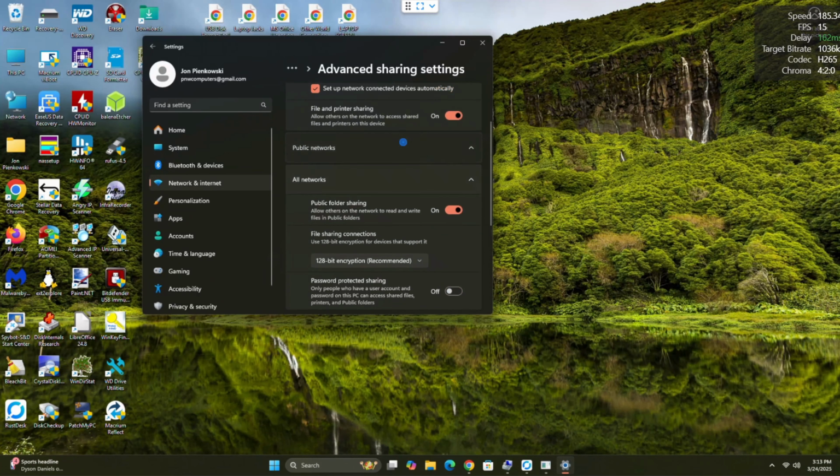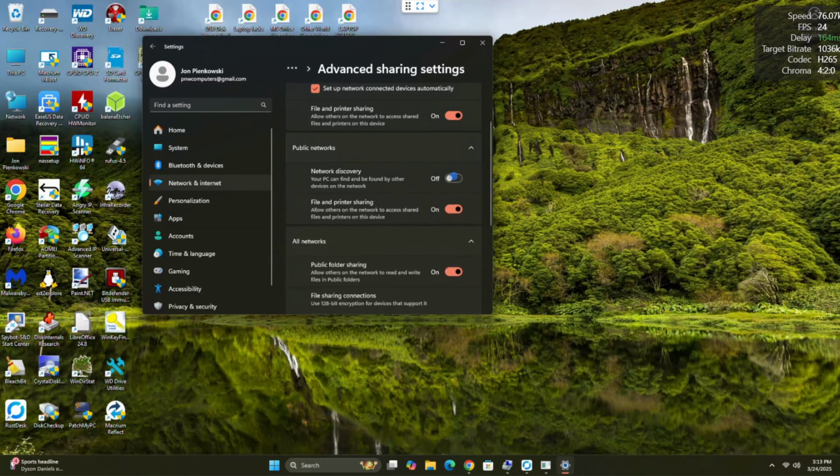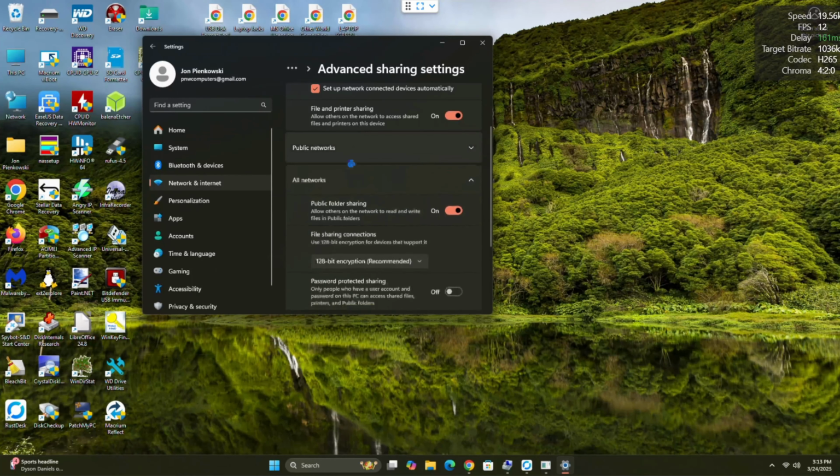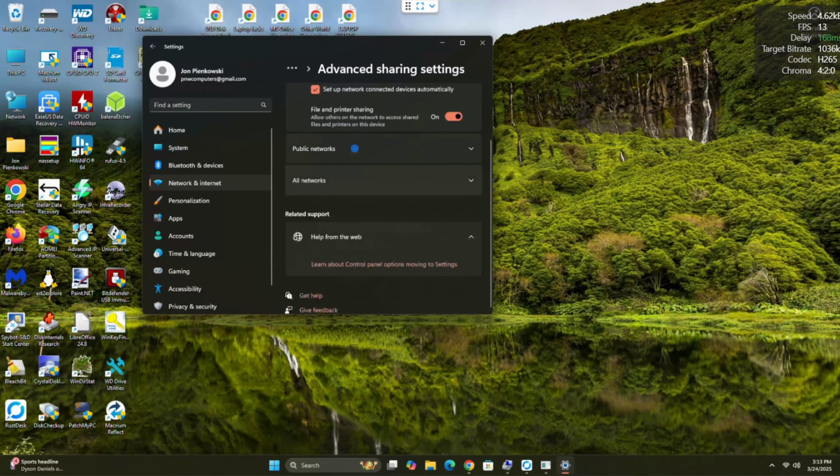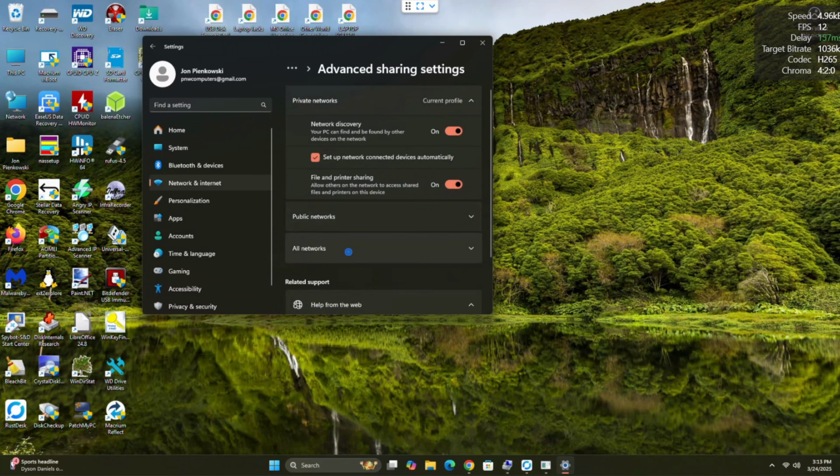One thing that I'll typically do, if it is an office or a home, is make sure all this public stuff is turned on too. That way, if you do get a Windows update or something that trips this stuff, even if your local network switches to a public profile, most of what's already established and connected should maintain the same. So, as long as you make sure this is all set to private